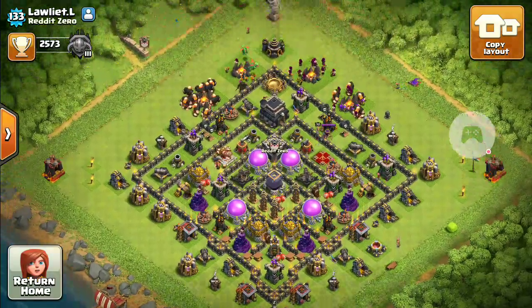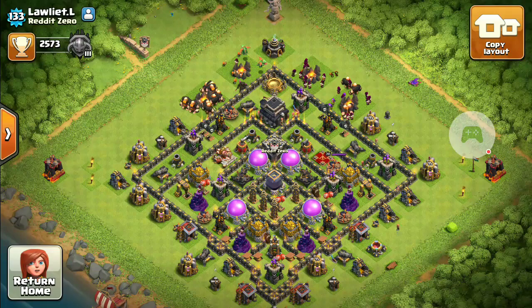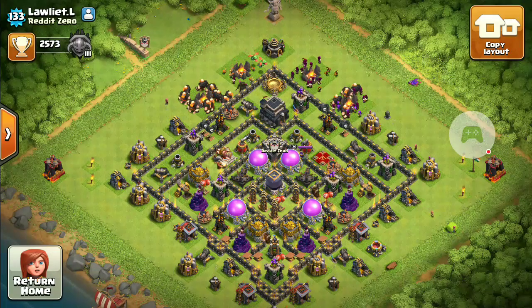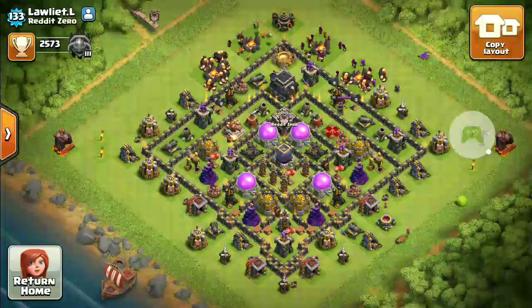Hello everyone, I just wanted to do an upgrade strategy video for Townhall 9. I've had several questions about this in the last couple of days. They wanted to know what to upgrade next at Townhall 9, and so Law Liet was offering up his base so that we could take a look at it. Since he is near max, it is a great example of a Townhall 9 and what to do next. He has obviously gotten to the top, so we'll just use this base as an example of what to do